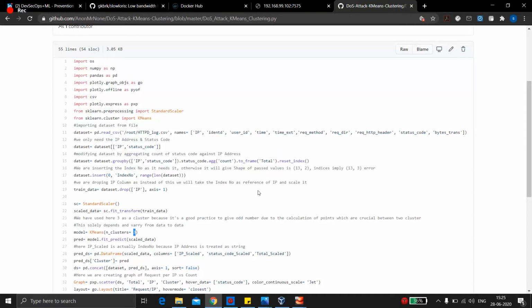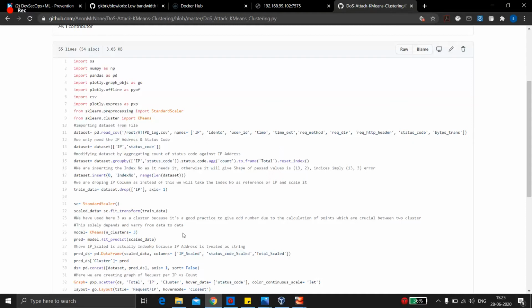By default they use Euclidean distance, and they start mapping their clusters. Sometimes it happens that there are some data points which lie exactly between two clusters. If we give 2 here, then both clusters would be in a dilemma about where to keep it, right? The machine learning algorithm would not find a correct way to place the data point in cluster 1 or cluster 2. So it's advised to have the number of clusters be odd, so somehow it would be compensated.